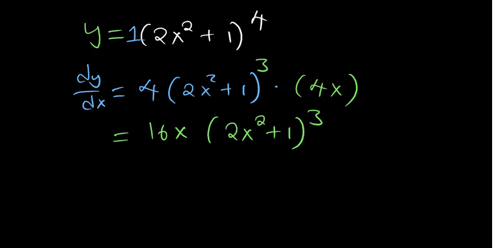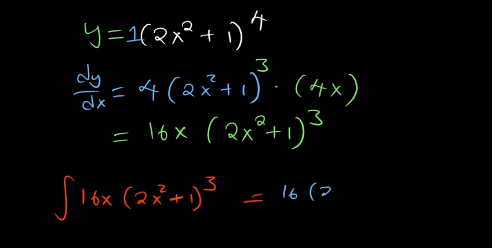So when it comes to the reversing now, assume you are taught to reverse 16x(2x squared plus 1) to the power 3. How would you handle that? How would you basically reverse everything? So in a case where you've got something in the brackets, one thing that I can think of is we need first of all to add back our power. So if we add the 1 to the power 3,